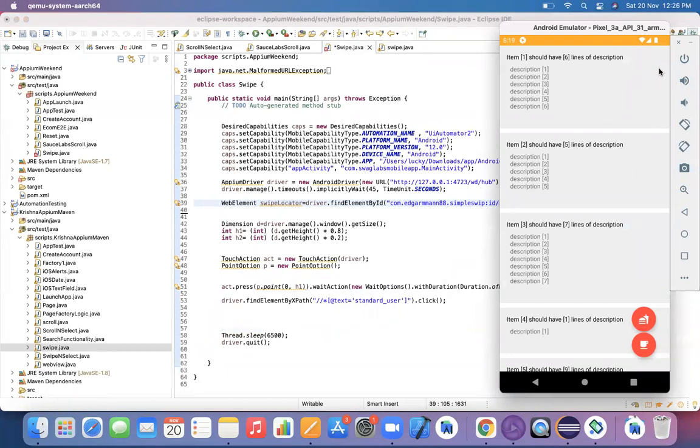You need to select at the ending of this object, somewhere from here to here. This is what the object size is, right? So this is what the object size is basically. Anywhere from this particular point, you need to press, and then you need to move towards the left hand side. So we need to press here and move towards the left hand side.